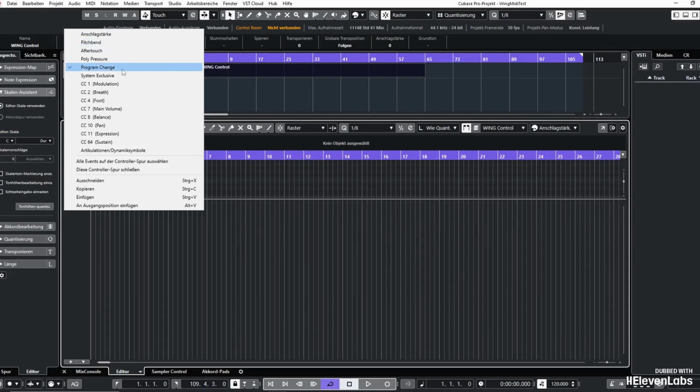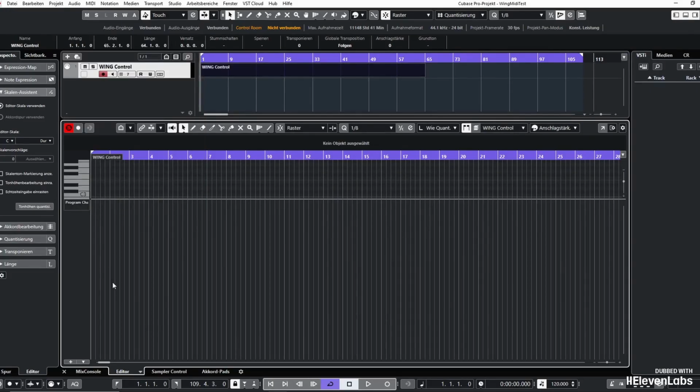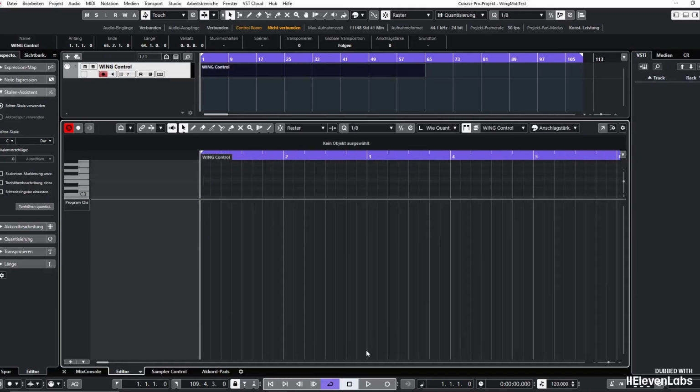This corresponds exactly to the C that I also entered in the string earlier, which is precisely this program change slot. So now I want to switch to scene 1 at measure number 3. So at measure 3, I change to 1.